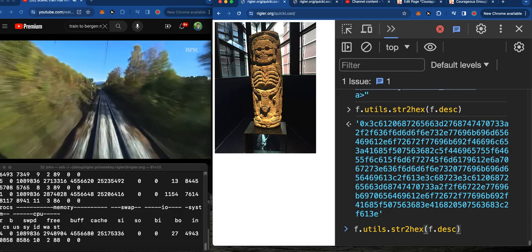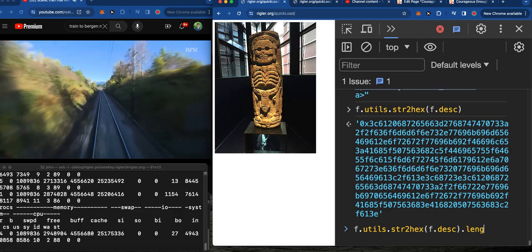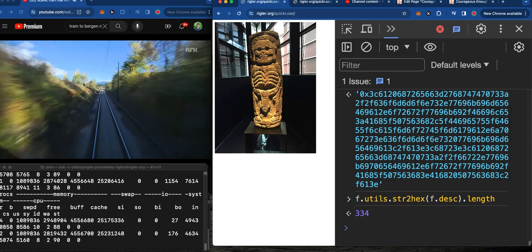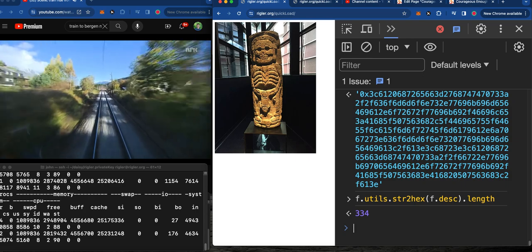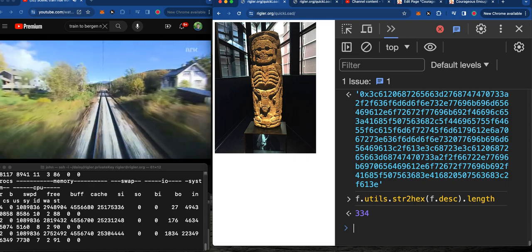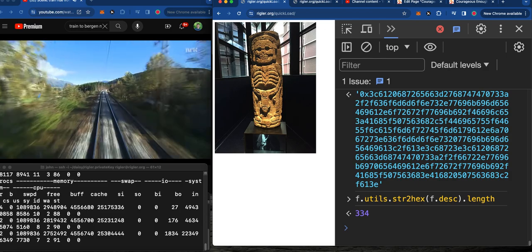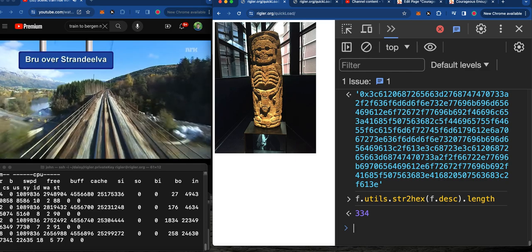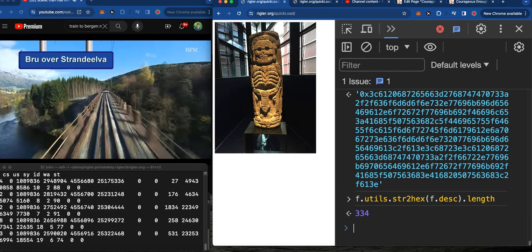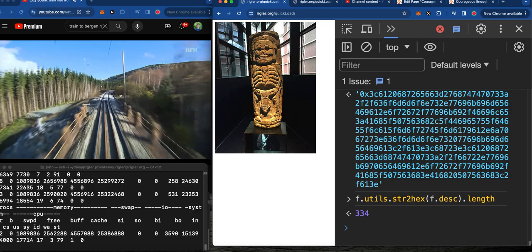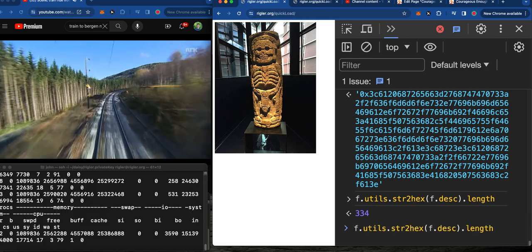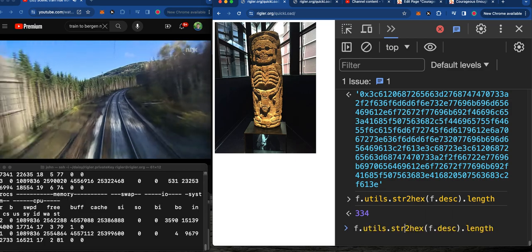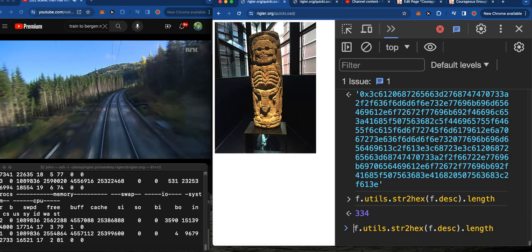But so if I say dot length, let's see if that does it. It does. 334, and I think that's the same thing I saw before. Now, that needs to be in hex too, because hex is going to be more compact, and